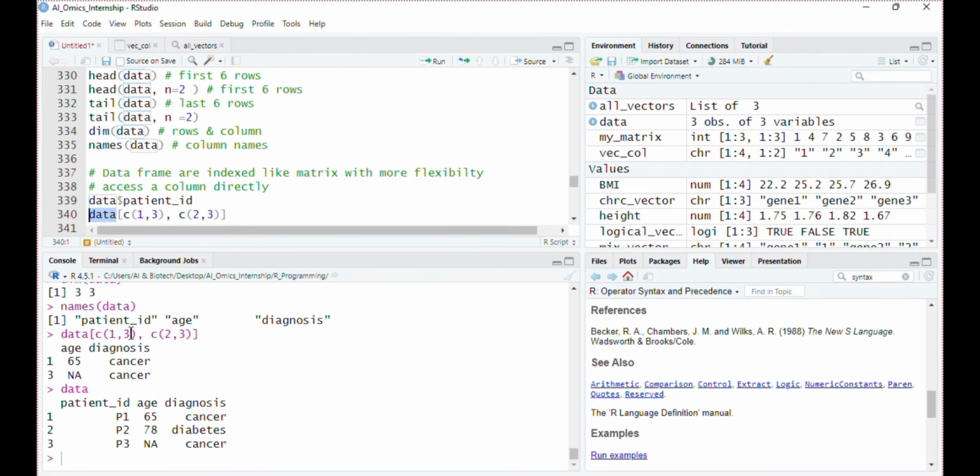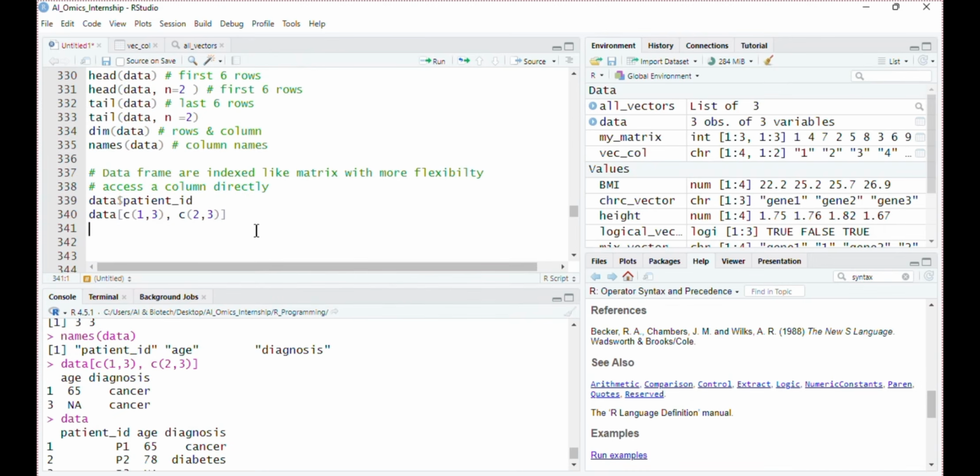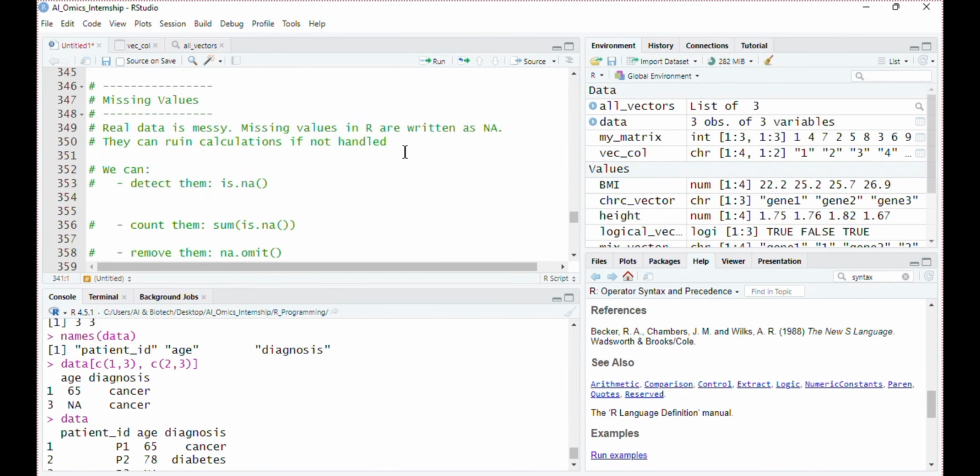So in a real world setting, the reality is no data set is ever perfect. We always find some missing values, some missing information, especially when we are dealing with gene expression data sets. Sometimes we have the gene expression values of all patients, but we miss some clinical information, like whether the patient has cancer or not, or some other clinical parameters.